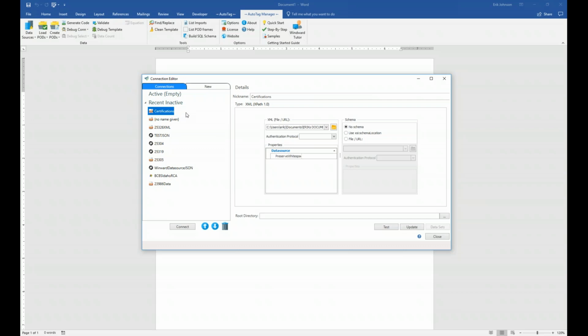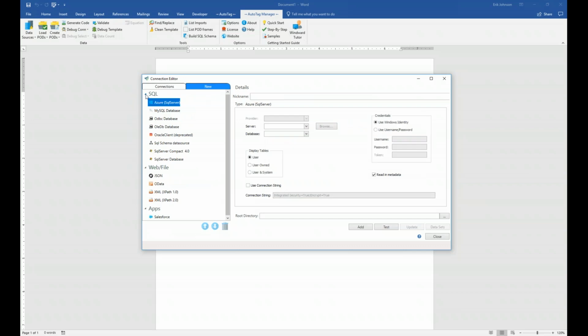These are a few data sources that I worked on for other customers. But let's go ahead and create a new data source right now. So I'm going to click on this New tab. And so there's a few connection options that we give you. You can connect to Salesforce, we give you the ability to connect to JSON data, OData, XML, also SQL, and there's quite a lot